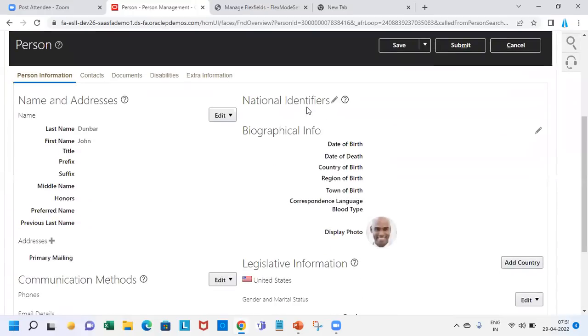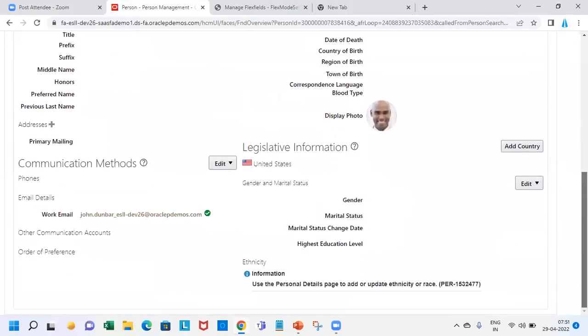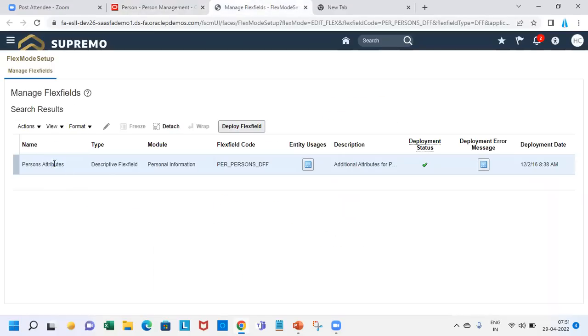See this national identifier. This is actually the person's legislative info, communication, email. Then you have the phones. Okay. Phone, email, person. So everything you can see here. Okay. Let's say I want to configure another field at the person level where I will call it as,